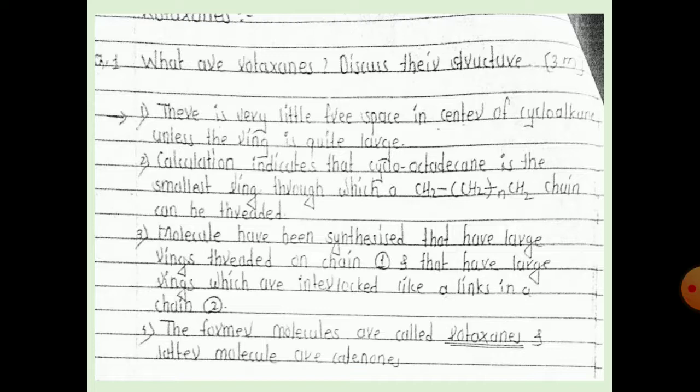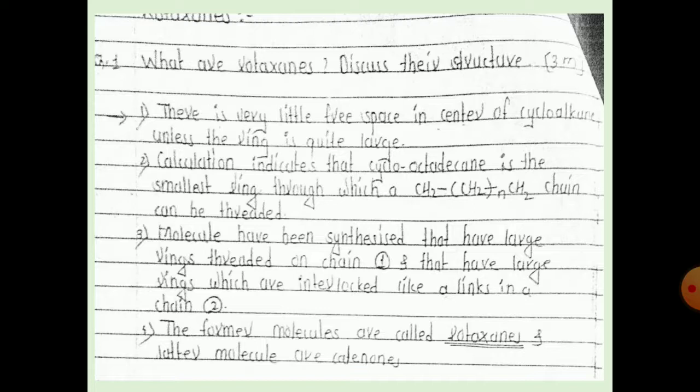Okay, the answer is there is very little free space in the center of a cycloalkane unless the ring is quite large. The calculations indicate that cyclooctadecane is the smallest ring through which a (CH2)n chain can be threaded. Molecules have been synthesized that have a large ring threaded on a chain, the first, and that have large rings which are interlocked like links in a chain, the second, and the former molecules are called